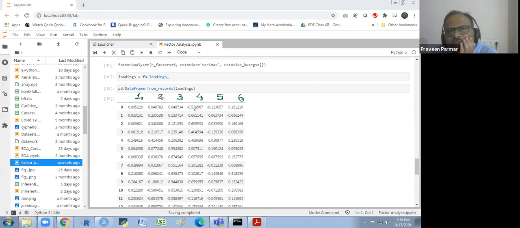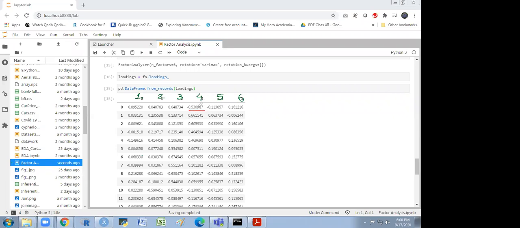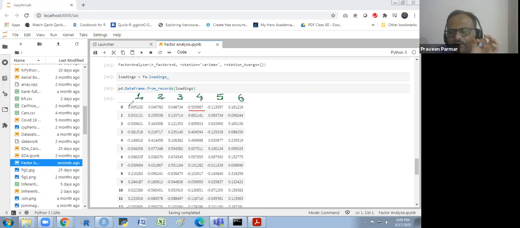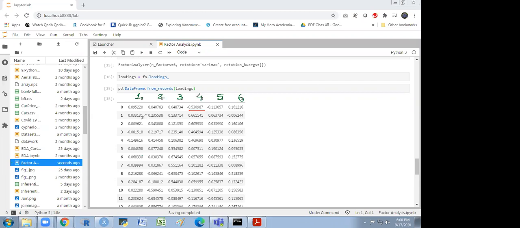The negative side maximum is 0.53, this one. So this first column will go to the fourth factor. Does that make sense to everyone? Now the second column.